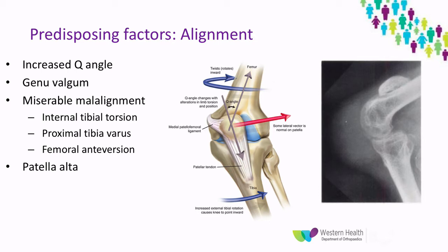And this has the effect of essentially increasing the potential for the patella to track laterally, and this has implications with regards to reducing the contact area between the patella and the trochlea, and eventually causing increased patellofemoral joint stress. The other thing to consider also is the position of the patella. So from a sagittal point of view, if the patella is